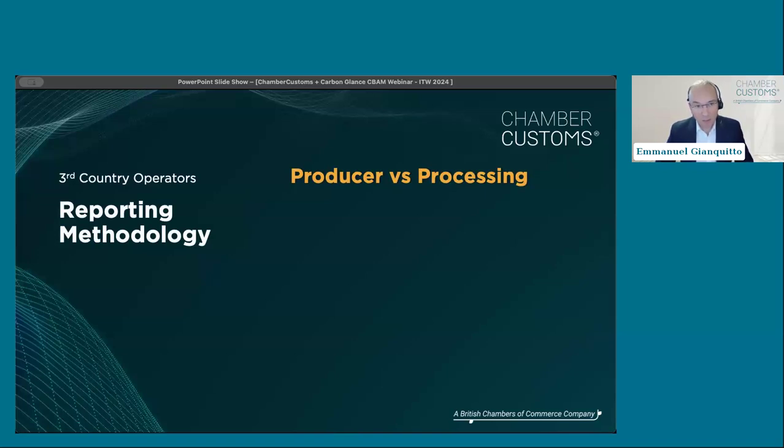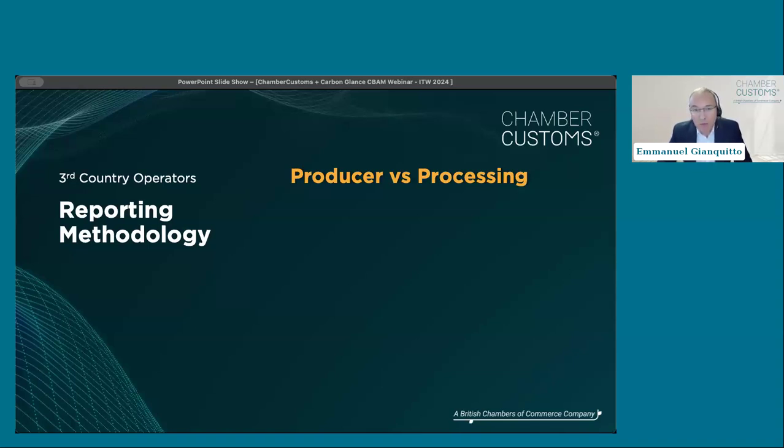We believe that it's important that as an exporter, you have a reporting methodology in place where you document the approach that you take to actually calculate your CBAM emissions, and basically what's behind the figures. After 2026, we envisage that there will be audits and there might be checks by the national authorities to actually ascertain that the numbers provided are based on something valid and they've not just been made up.